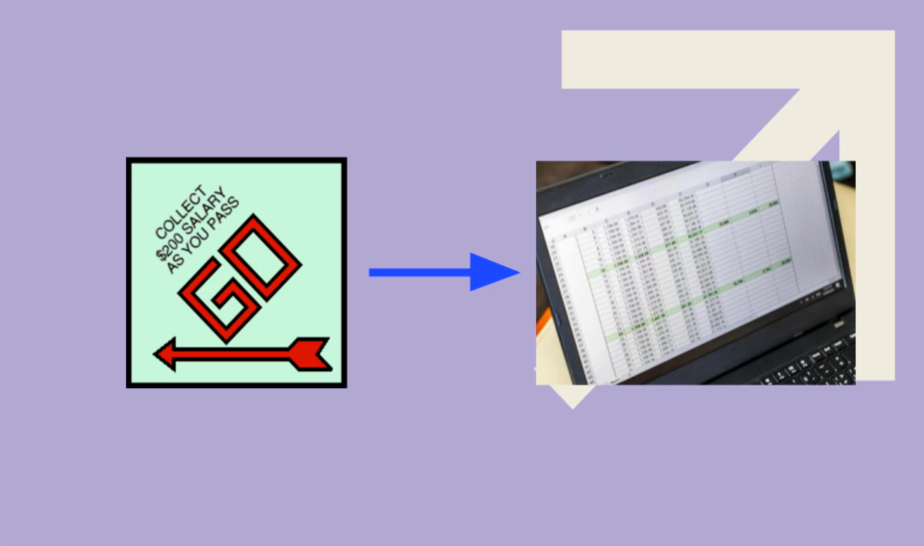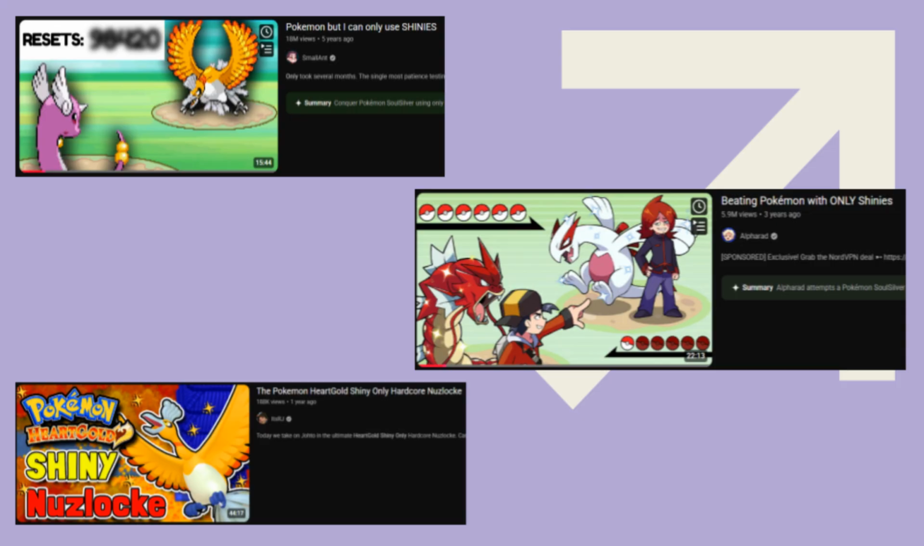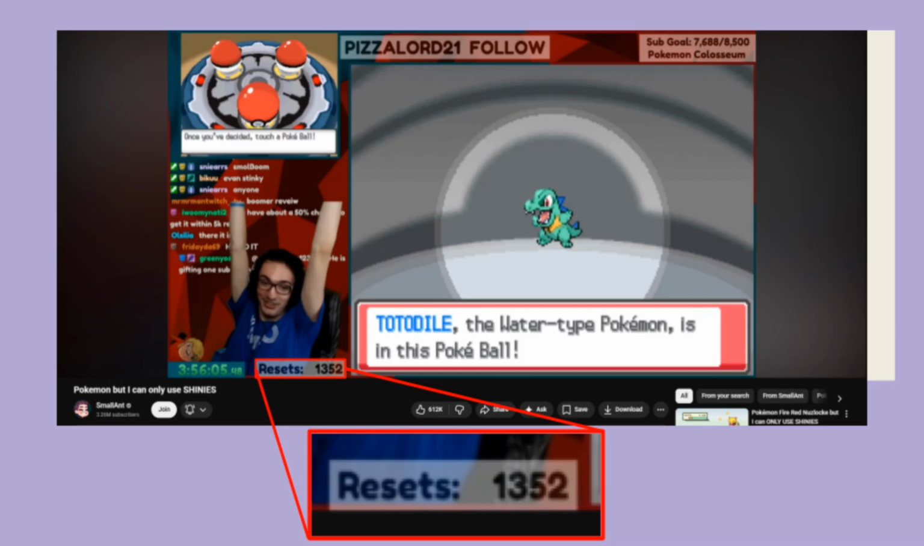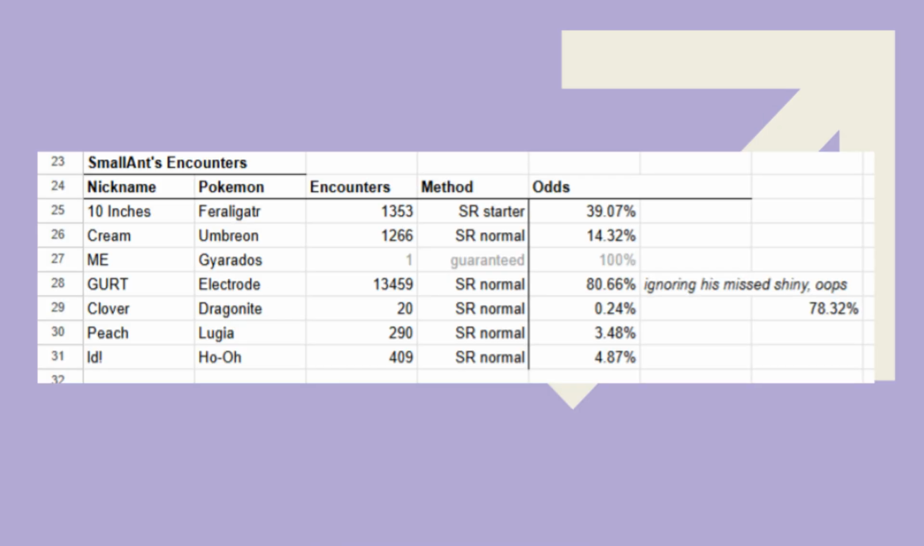Thankfully, a few YouTubers have done a silly little challenge in the exact game we just talked about, where they only use shiny Pokemon to beat the game. They used the encounter numbers from SmallAnt's run, as many others did not actually keep track of their exact number of encounters, it seems. Not pointing any fingers. Using a spreadsheet and calculating the number of encounters for each method, here are the results of